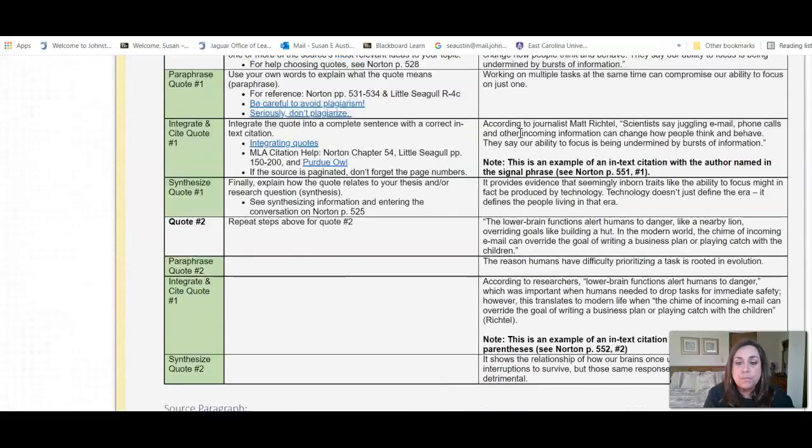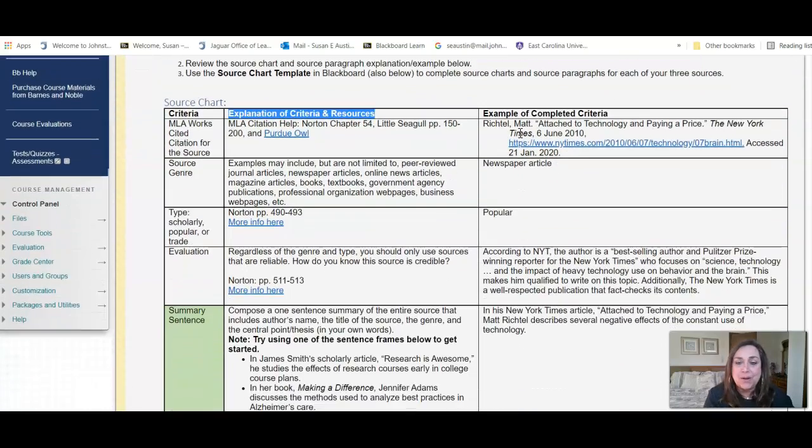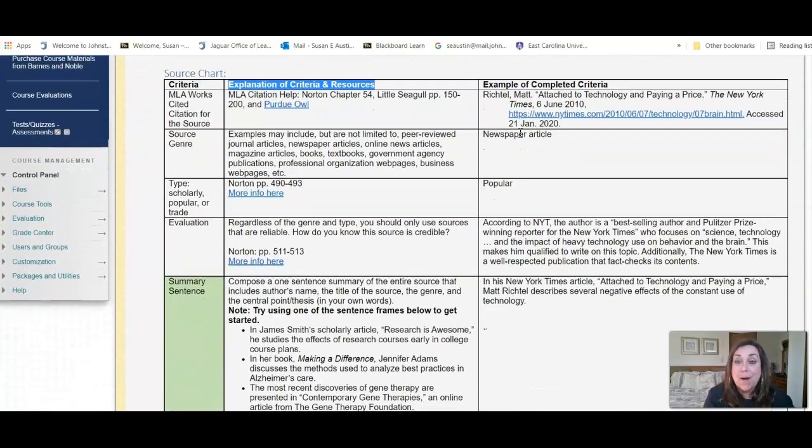We're just going to go through each part. Hopefully this helps you produce a very polished source chart. Okay, so up to this point, as we get to the source chart, you have done some preliminary research, and